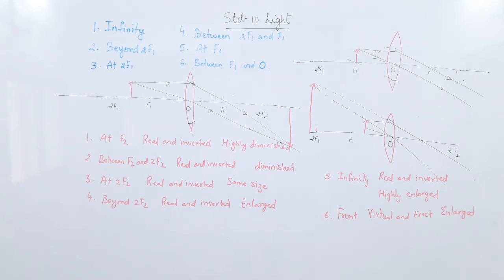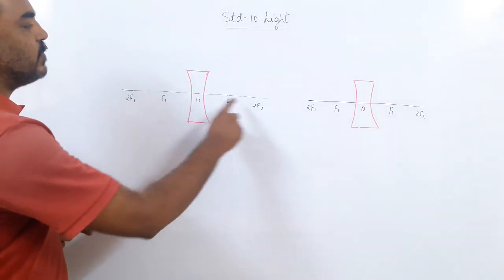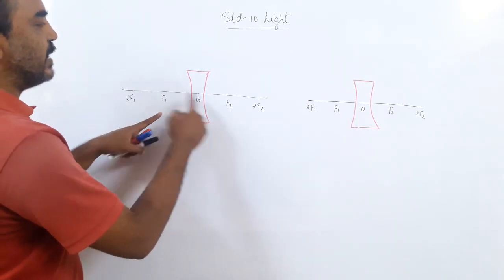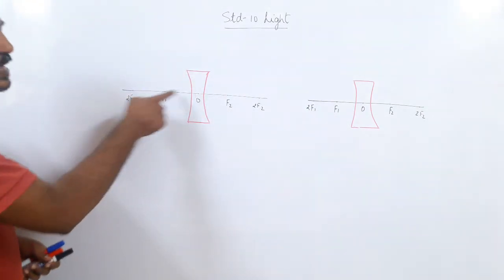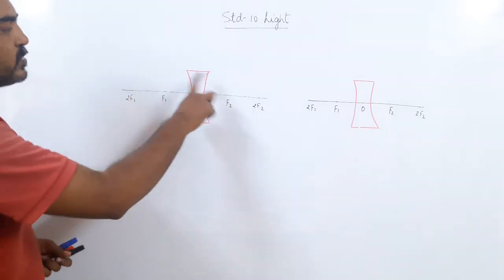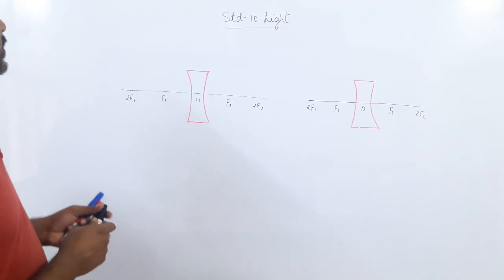Okay, so these are the different cases in the convex lens. Now we go to the concave lens. For the concave lens, there are only 2 cases. Now we have done the same type of diagram, 12 centimeter at 6 centimeter, 3 centimeter, 9 centimeter in both the cases, but here I have taken the radius lesser than 6. Radius can be 5.5 on both sides. You will get a concave lens of this type, and there are only 2 cases here.